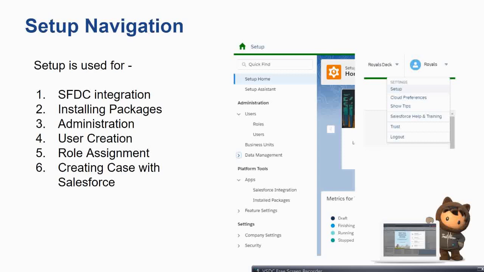For those things you need this setup, but especially for administrative purposes, this is the place. So let's say you have to create users, assign them roles, and create business units. Yes, I haven't talked about business units.